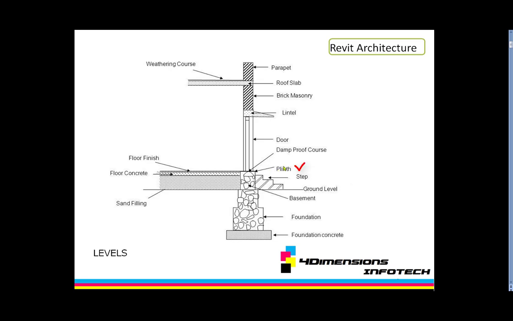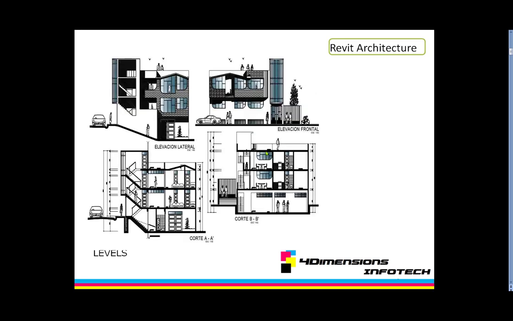So whenever we want to do a bungalow, we have to create 3 levels, that is ground level, plinth level and then roof or slab level. Even you can add extra levels if you want. The next, while doing an apartment, you can create the number of levels like ground level or underground level, first floor, second floor, third floor. So if you want to construct 10 plus stories, it means you have to create 10 levels like that.